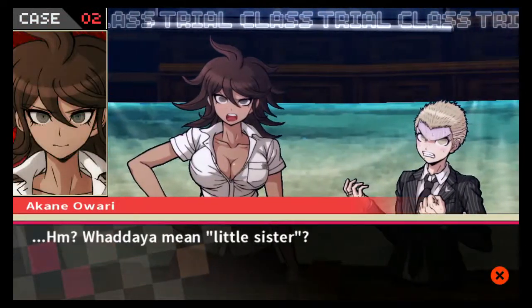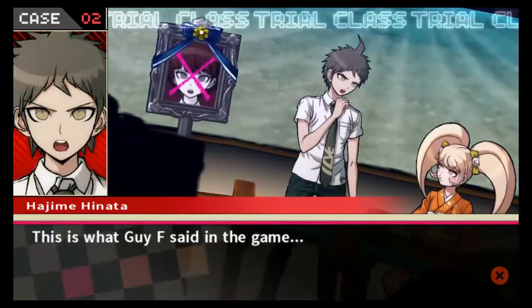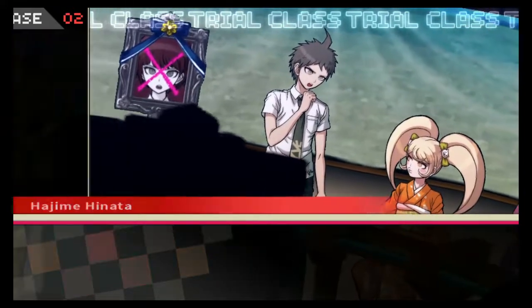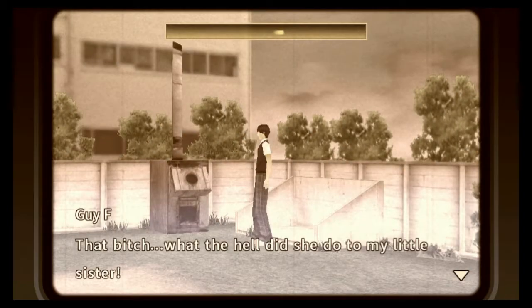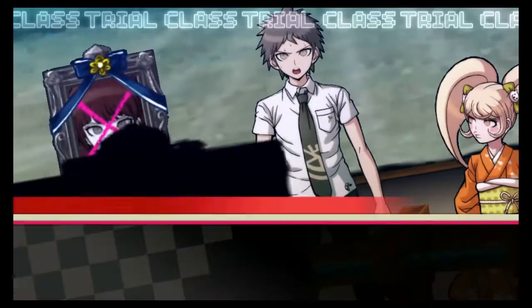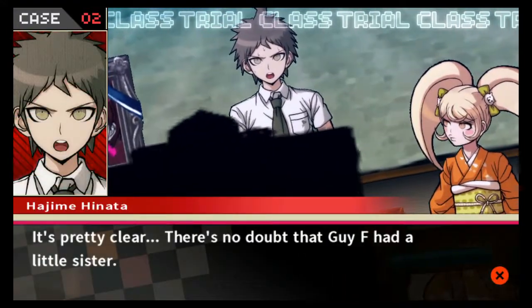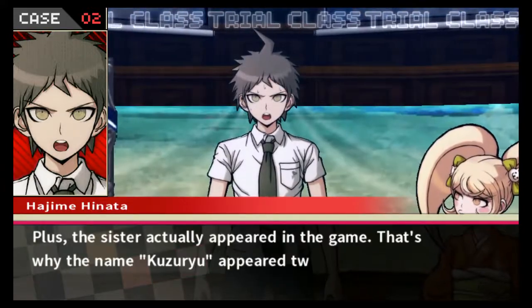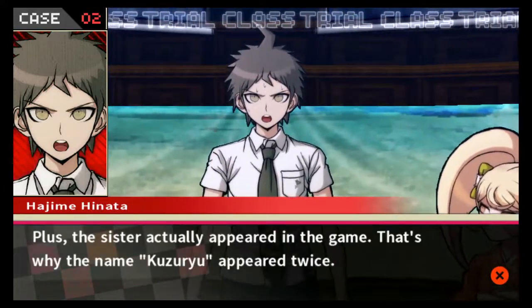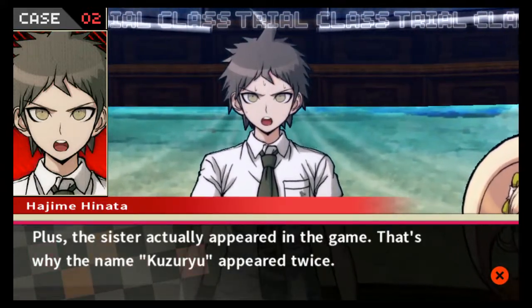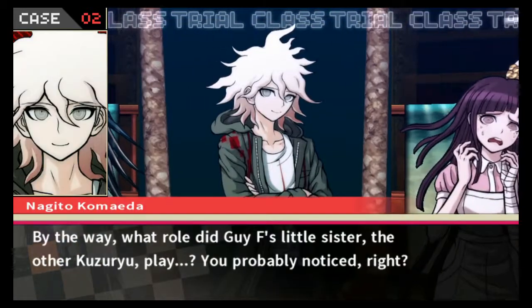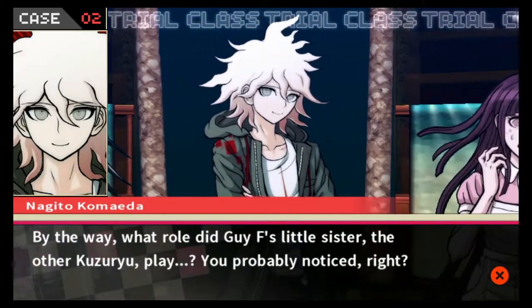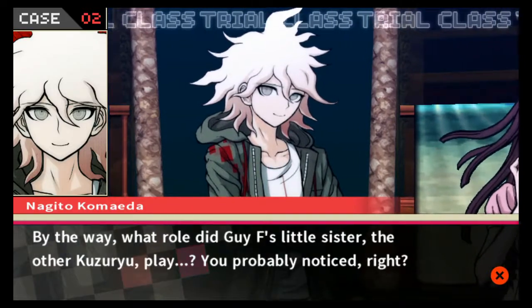What do you mean, little sister? This is what Guy F said in the game. It's pretty clear. There's no doubt that Guy F had a little sister. Plus, the sister actually appeared in the game. That's why the name Kuzuryu appeared twice. By the way, what role did Guy F's little sister, the other Kuzuryu, play?